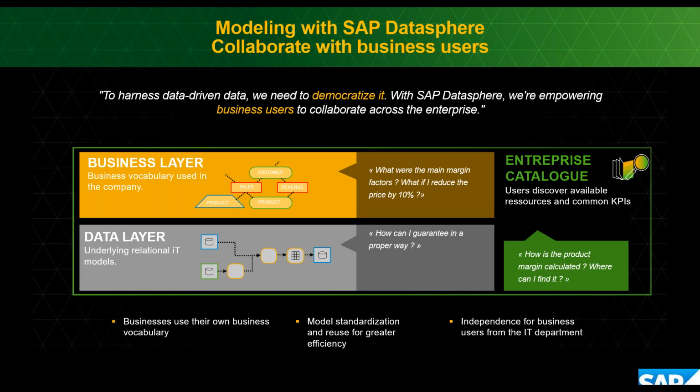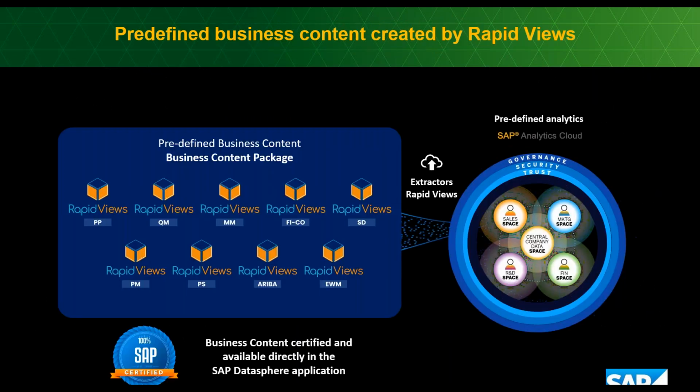And RapidUse uses this technology to rebuild all the RapidUse content directly in this platform. The RapidUse content is available on the SAP Datasphere platform. It is certified by SAP because our content is developed with the best practices of SAP. The content is divided in two parts: the extractor part and the data layer part, to extract information from the SAP system and to model the views, and the business layer part to create the cubes and the data marts in the SAP Datasphere platform. Our extractors and views are certified by SAP.